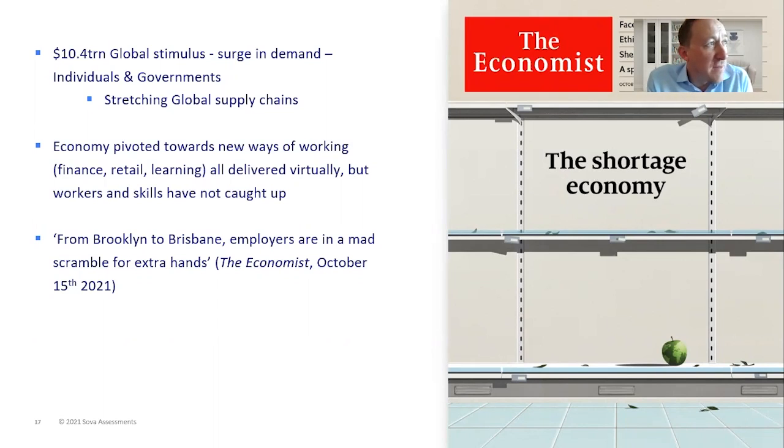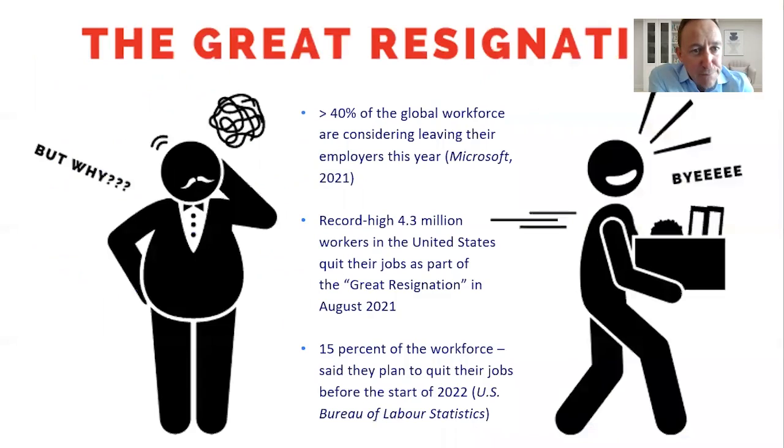And so for organisations, in terms of having a sustainable workforce, this is a big problem, because they no longer have the right people in the right roles, and their business models have changed quicker than the economy. So this is another reason for looking at streamlining assessment processes, because you can get the right people in the right roles. And obviously, we also know from some of the other trends that there is a huge shift in